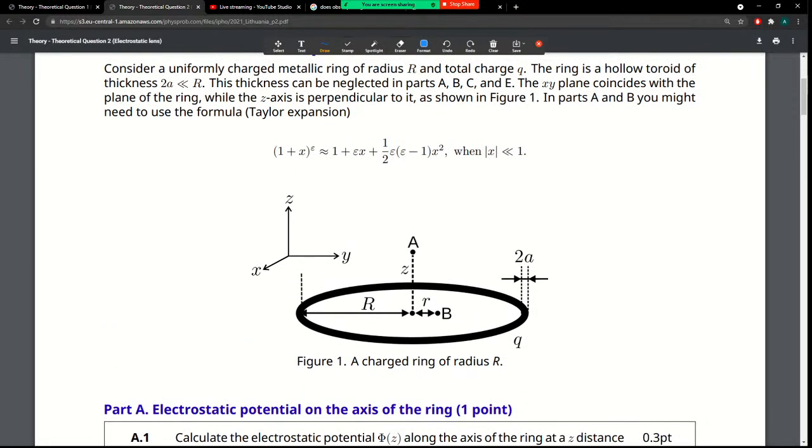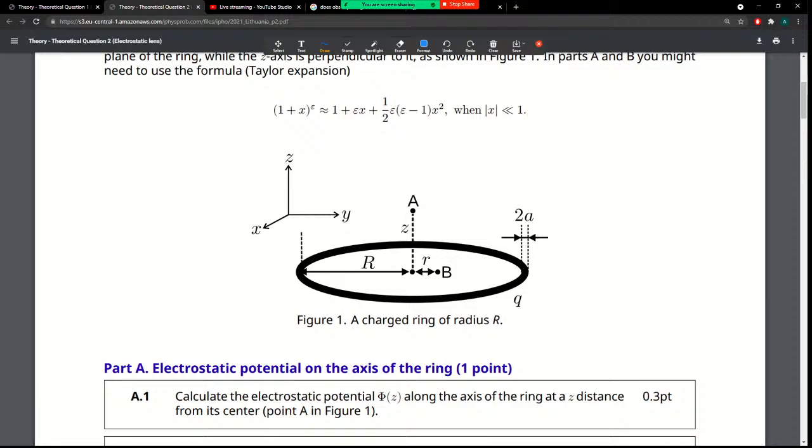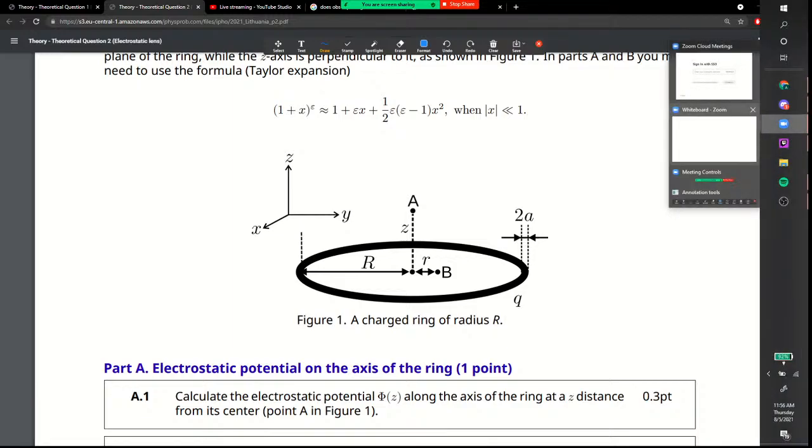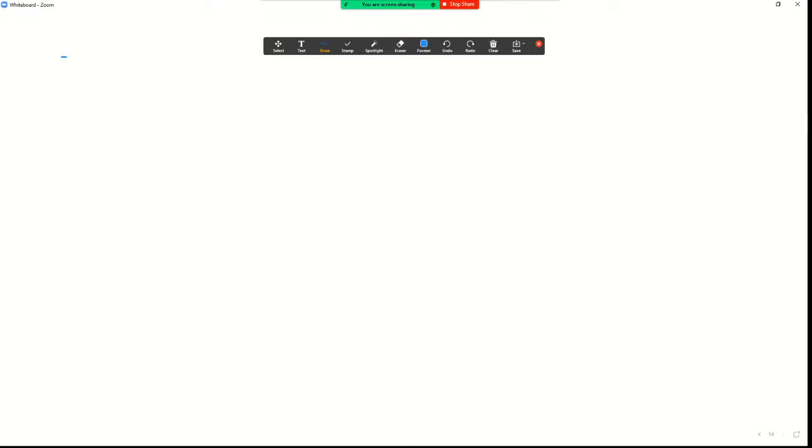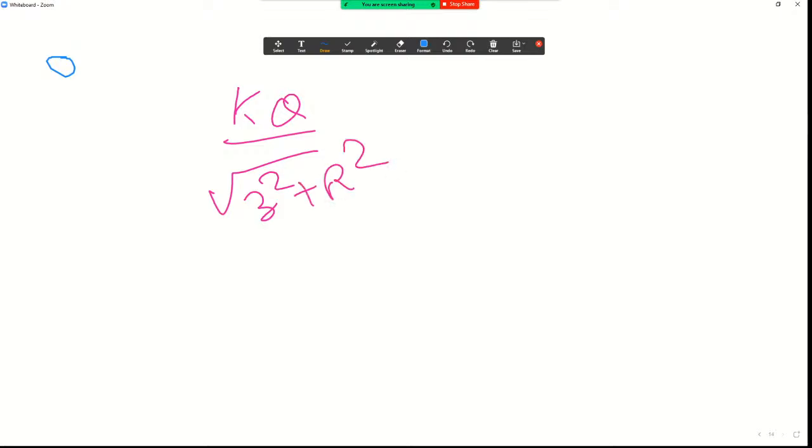Calculate the electrostatic potential phi z along the axis of the ring at z equals to distance from the center. This is standard result, I guess. So first one is just k q by under root of z square plus r square, and then second one we just Taylor expand. So k q over